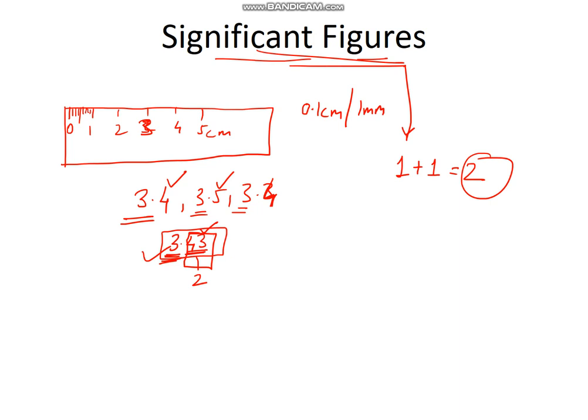So for significant figures, what we do is we take the number of certain numbers, meaning those we are sure about, and we add one more out of the unsure numbers. So out of the remaining two unsure digits, we take one, so the total significant figures for this example becomes 2.